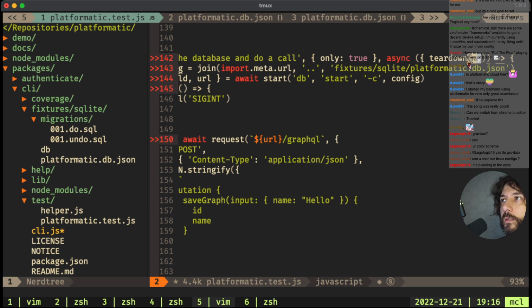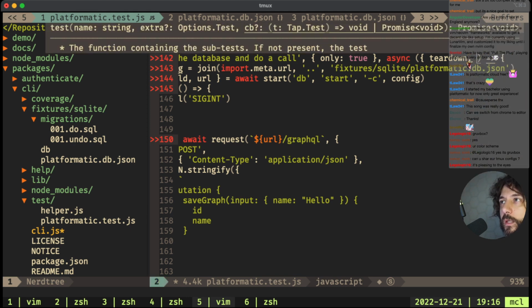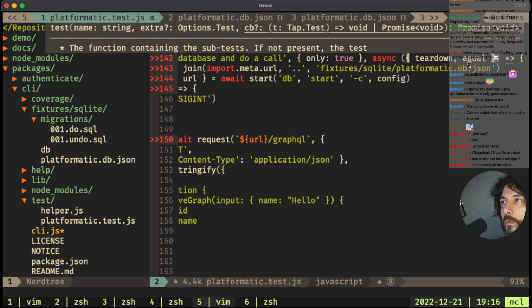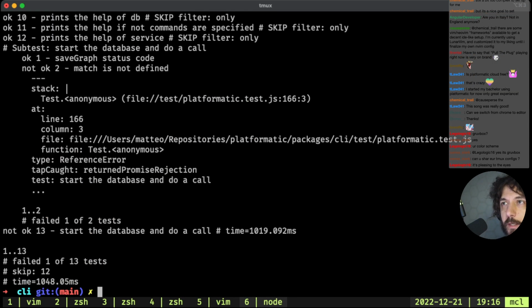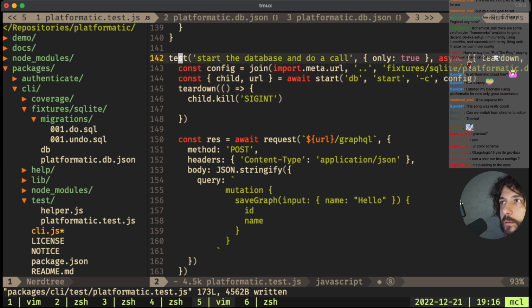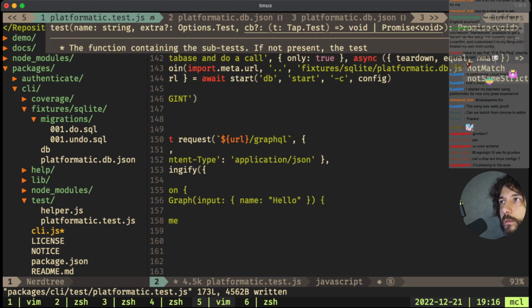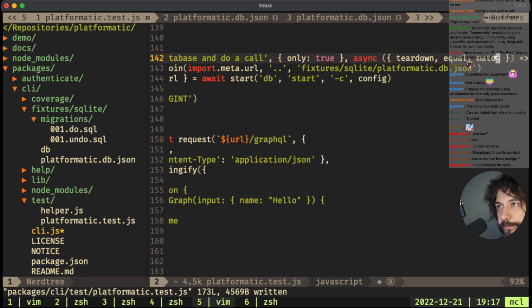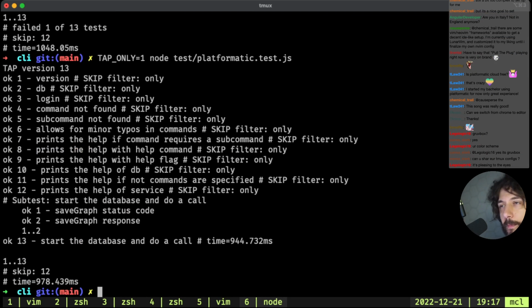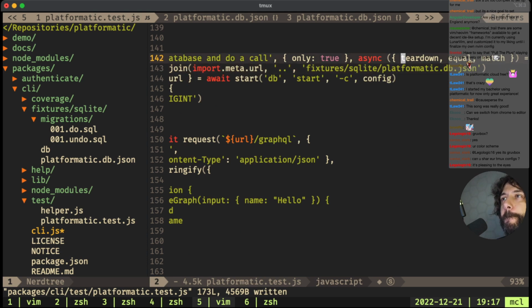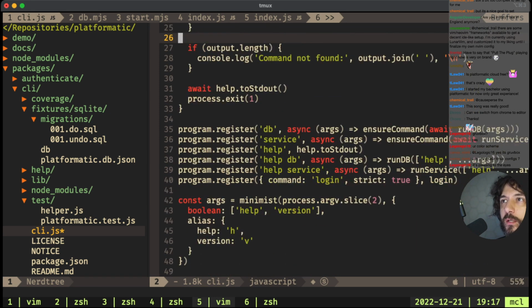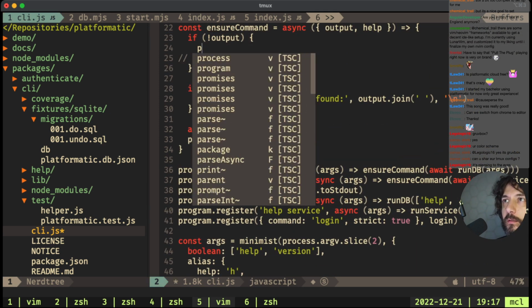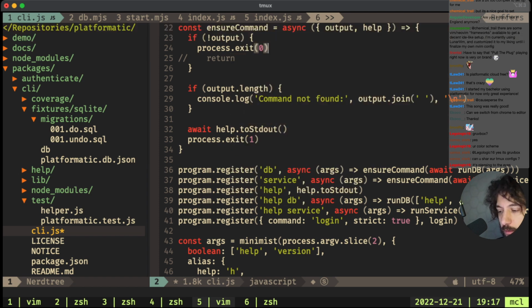Tear down. And equal. Tear down. My t.match is not defined. Now it's done. Okay. And if I change this back to what it was, let's see. This was process exit 0.